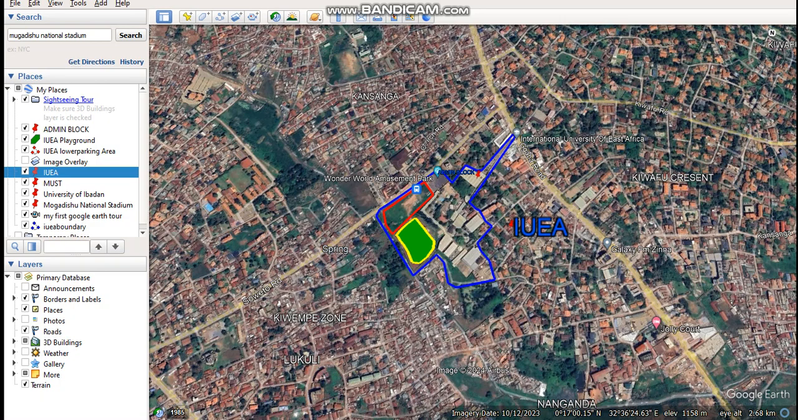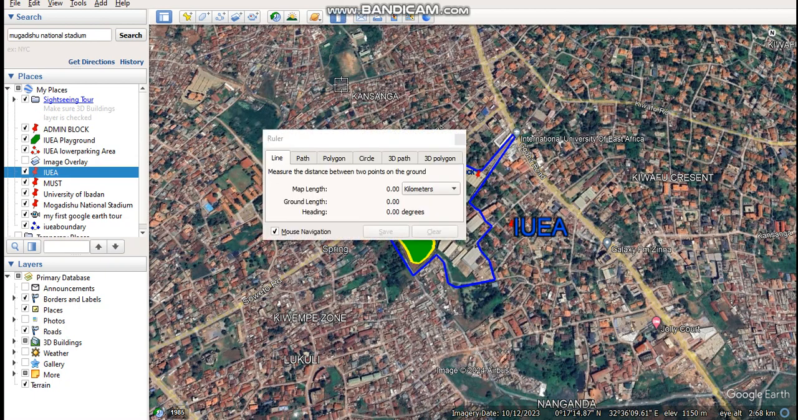So last but not least, we are going to learn how to save our work. You can either save it and share it on email. Before we can know how to save our work, if you want to know